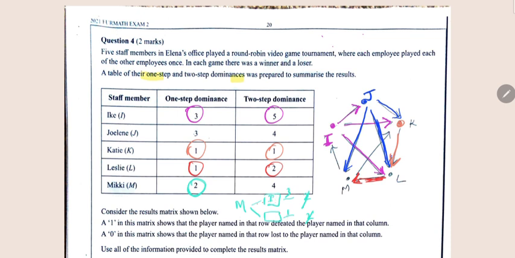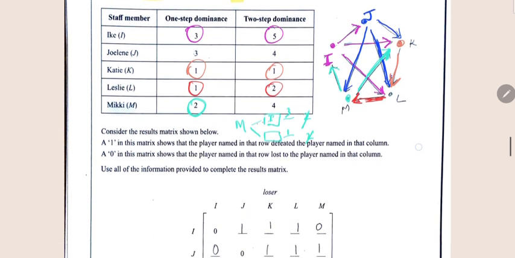Ike is one person who, okay, so this is one person who Mickey beat, who beat 3 other people. And the other person that Mickey beat beat 1 other person. So let's look at the options that are left. Now Mickey got beaten by Leslie from what we can see in the diagram. So the only other person that Mickey could beat who beat 1 other person is Katie. And that helps us get all the one-step dominances